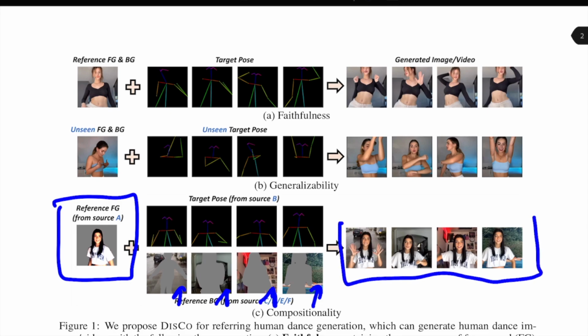And the four frames on the right each have the same character. It is faithful to her representation as far as she looks similar to the reference image, reference foreground image. The backgrounds match each of the backgrounds that were put in as the four sources, and the pose matches the four poses for these images.